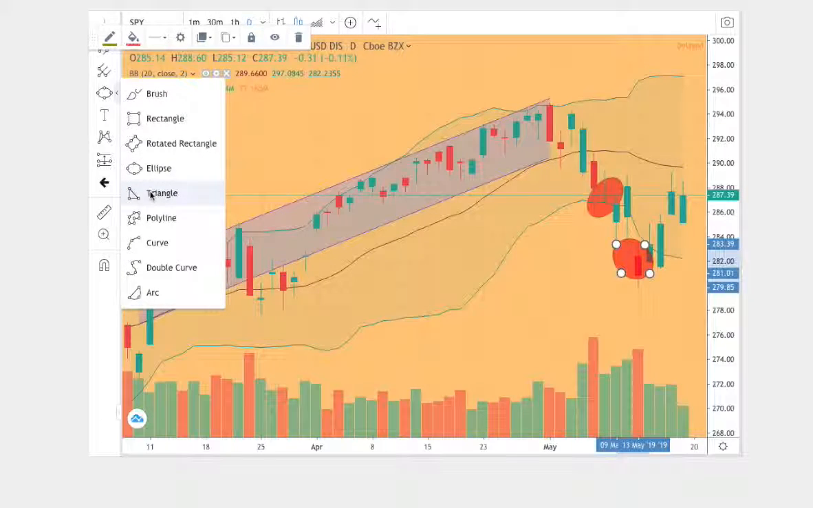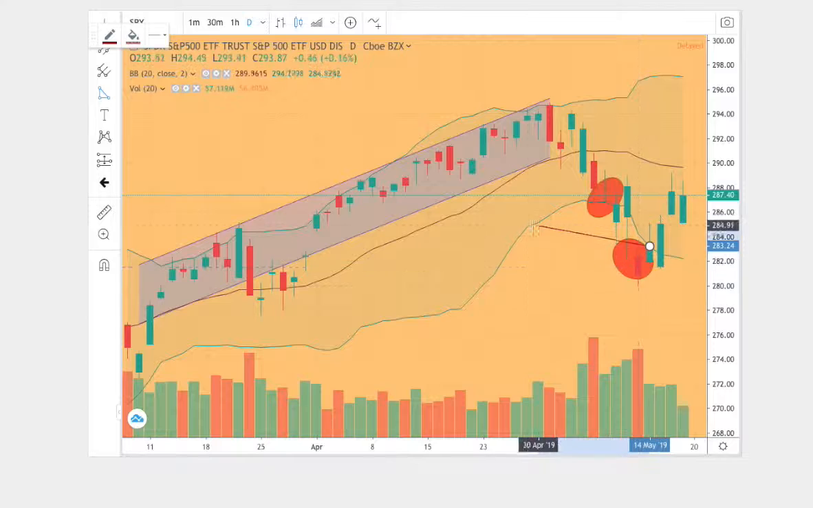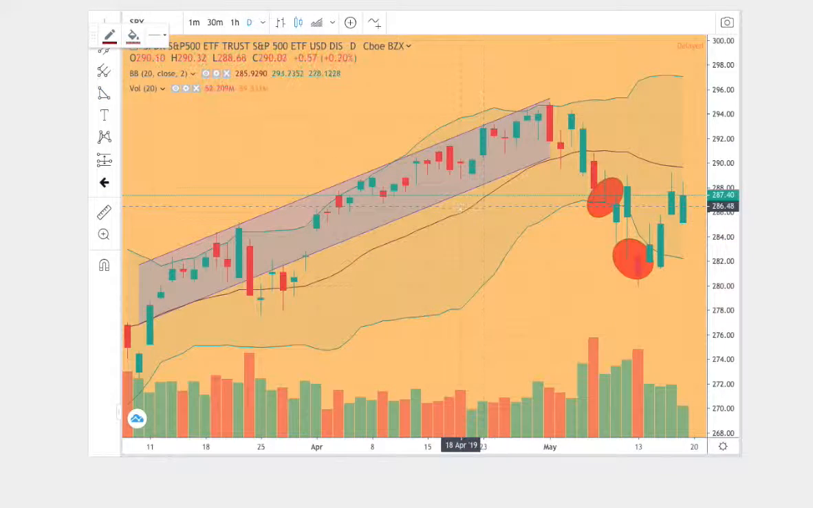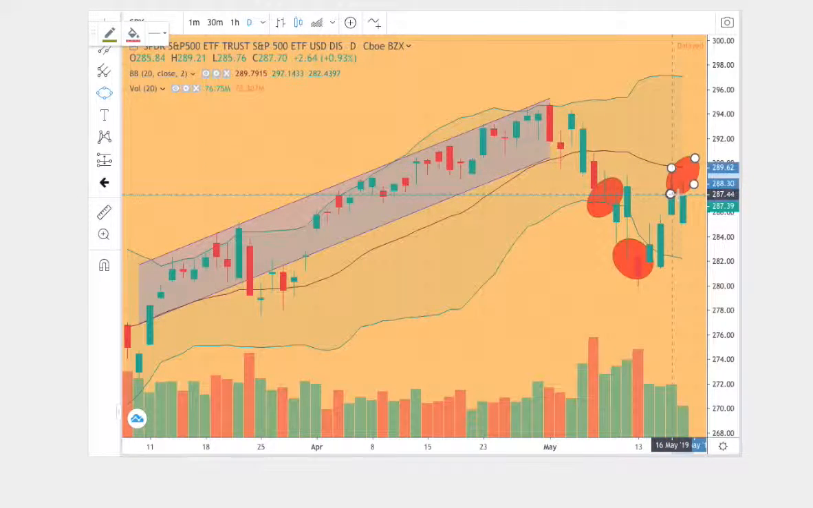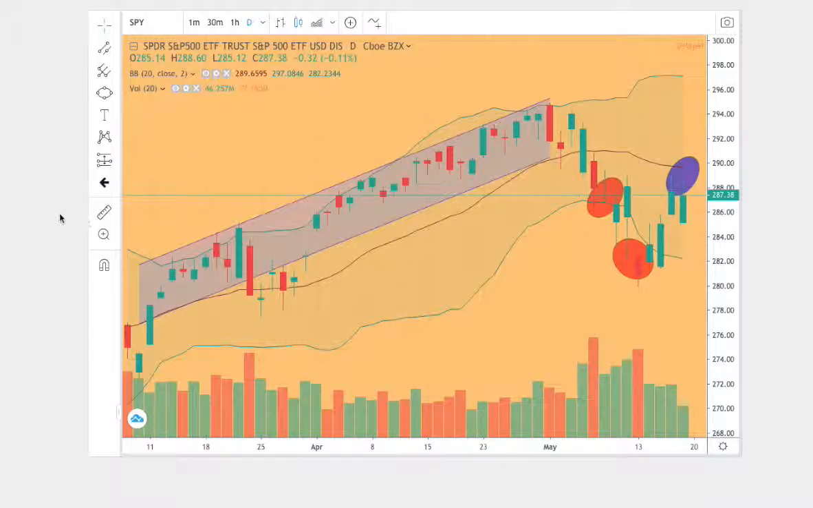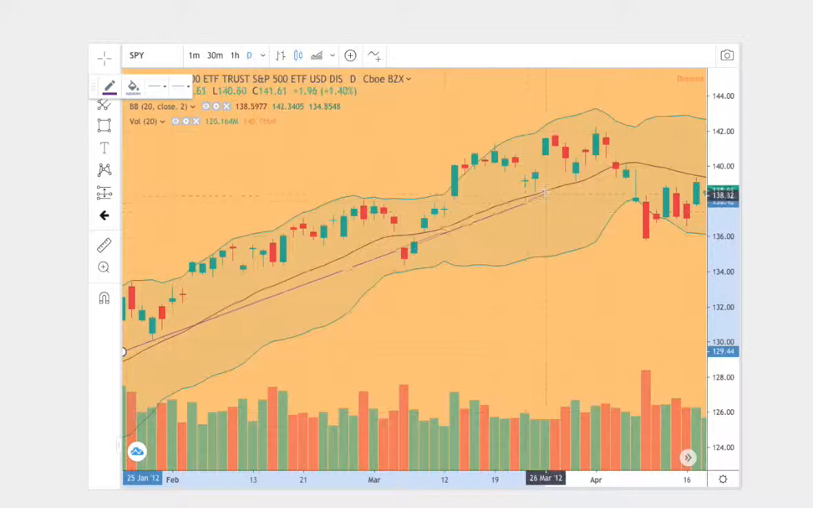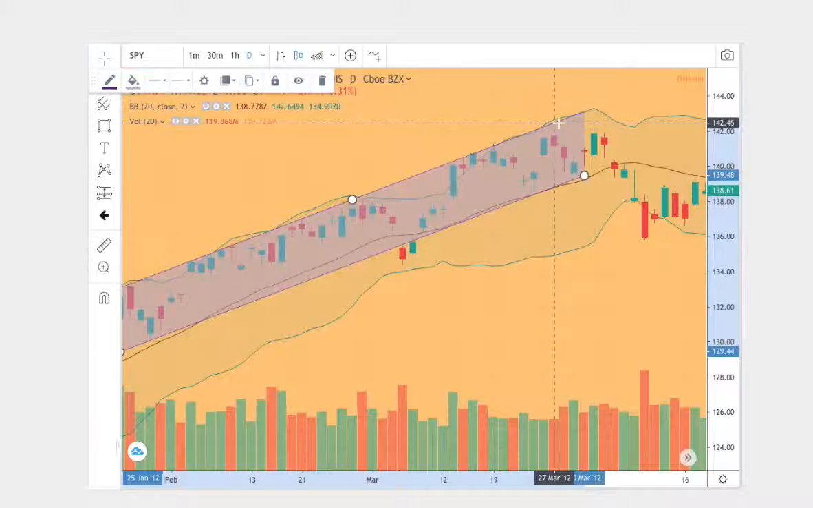I'll just leave it as a red circle, and then we proceeded to move on higher right here, trying to attempt to touch the middle Bollinger Band right here. So we have that, and as you can see, we had a similar up channel that lasted for several weeks,